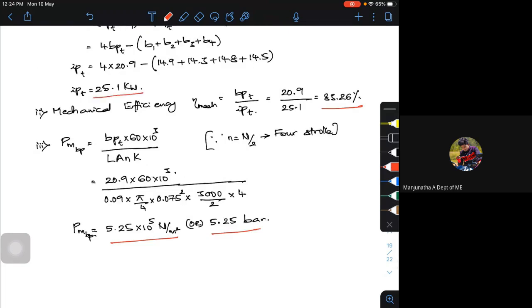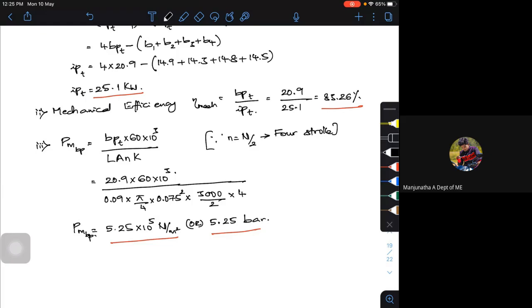So all the three quantities which you are supposed to find from your numerical statement, this is as per the Morse test. If there are 4 cylinders, a similar procedure can be applied if there are 3 cylinders or 6 cylinders or 8 cylinders, whatever it may be, the same procedure can be applied. Is that clear? So this is about the very basic fundamentals of all your calculations with respect to IC engines.